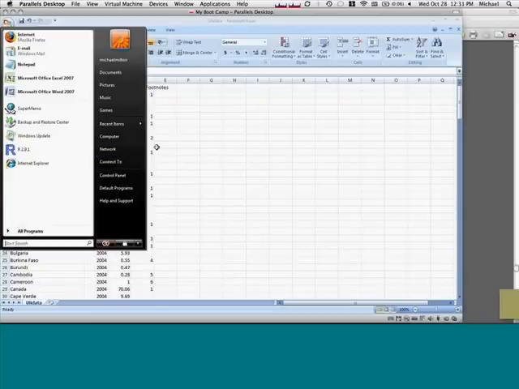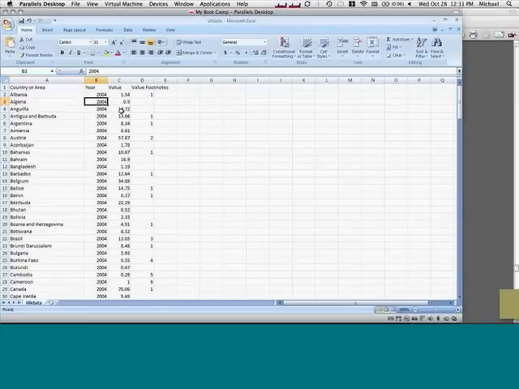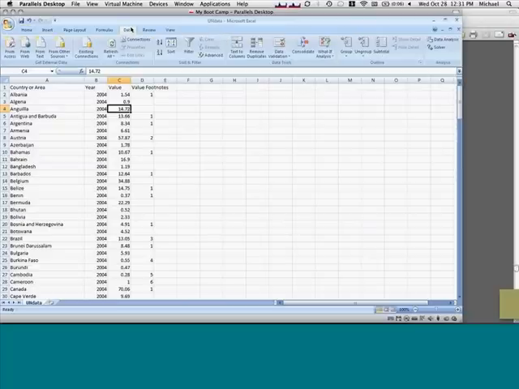This UN data set has almost 200 different countries. And we would like to see what is the histogram for this data. On average, how many computers per 100 people does each one of these countries have? So to do that, we load the data, and we go to the Data tab inside of Excel and go to Data Analysis.